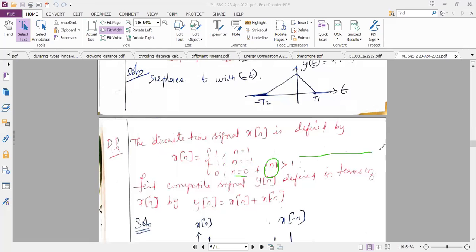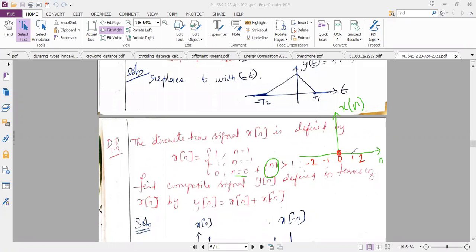See, I'm just taking the x-axis. X-axis is n, and you know your y-axis is x of n. First, let us draw the input signal as per the given data. So now I'm going to label the x-axis 0, 1, 2. This is sufficient for me. Here on the left hand side minus 1, minus 2. Now as per the question, at n is equal to 0, I do not have any sample. So it is 0. I'm just showing it with a bubble.